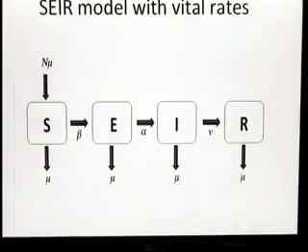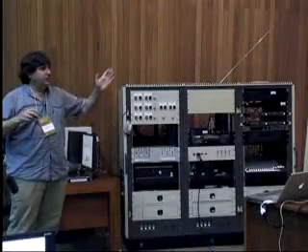So schematically, this is the picture. Again, we assume that we have natural deaths in each of the 4 classes at rate mu. We assume that we have births at a rate n times mu. And we assume that beta is the rate at which susceptibles become exposed. Alpha is the rate at which exposed become infected. And nu is the rate at which the infected become removed. So this really covers a lot, right? We have natural births, we have natural deaths, we have disease-related deaths, and we have these 4 classes.